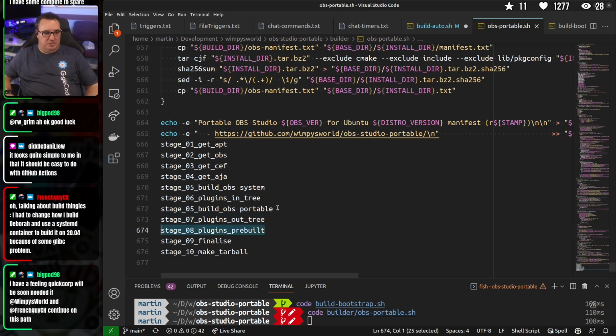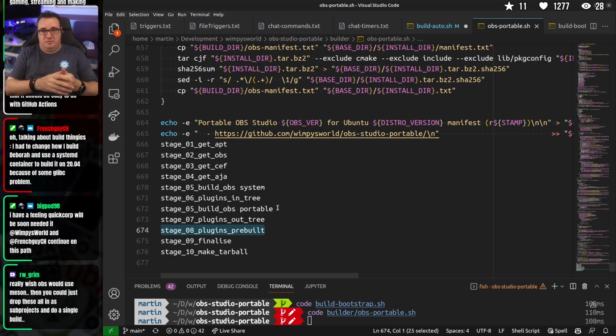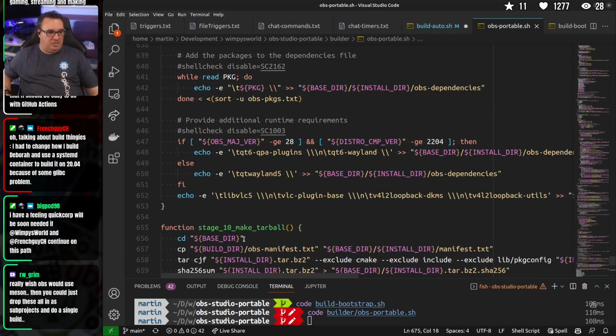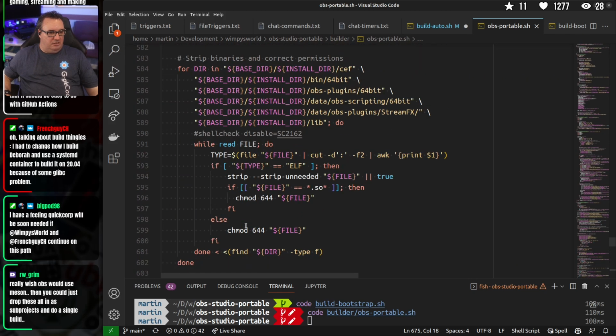And then we have 2 plugins which don't build for modern versions of OBS, but the binaries still work. So there's only 2 of them. I currently drag those out of their zip files and inject them into the appropriate place, but what I'm thinking of doing is forking those and getting them updated so I can build them from source, because they're basically finished projects. And then we've got this finalize step, which is